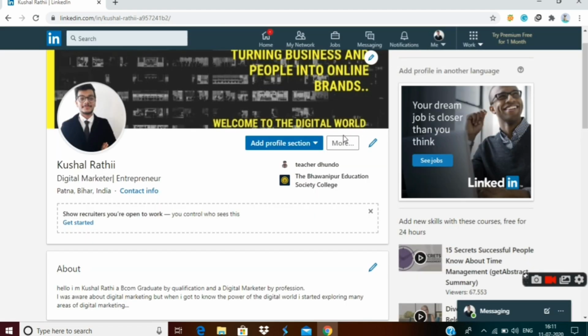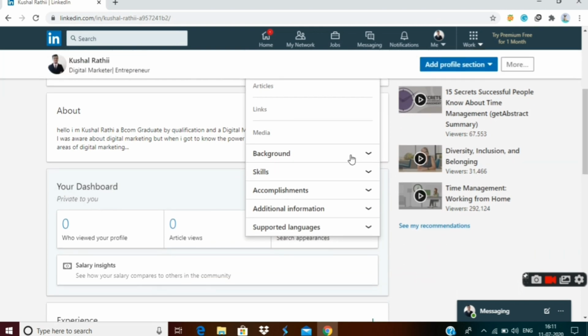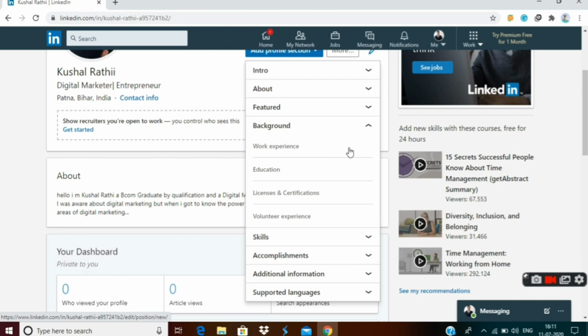So what else should you add in your profile? In the featured section, you can add links to a website, links to YouTube channels, any post, any media you can add here. In the background section, you can add work experience, education, licenses and certifications and volunteer experience.